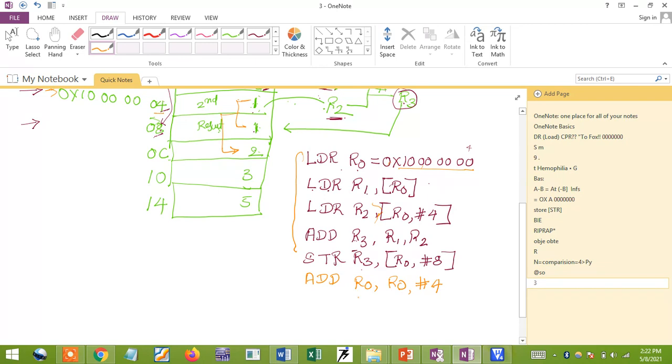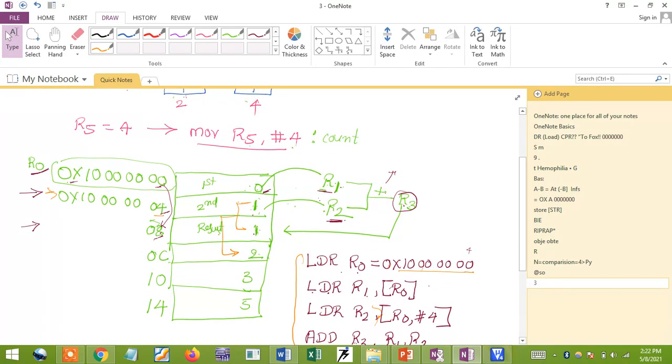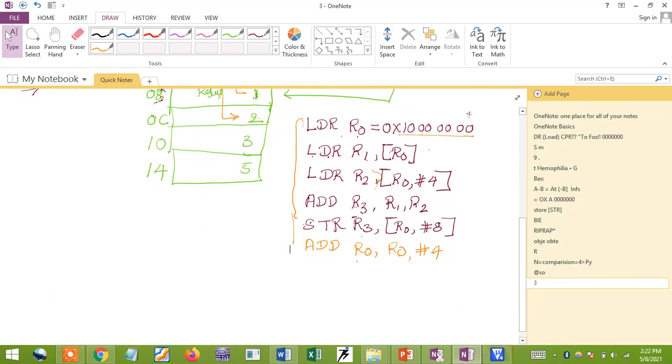Now it will be updated. Once you're done, until now it will do one process. The count value is already taken here, right? I'm going to take R5 equal to the maximum count, which is 4. I want to decrease this count because one operation is over. Next I need to go for the second count. For that I'm going to use the SUB instruction, subtract instruction. The register I'm going to take is the R5 register, comma hash 1. My count will decrease because one operation is over.